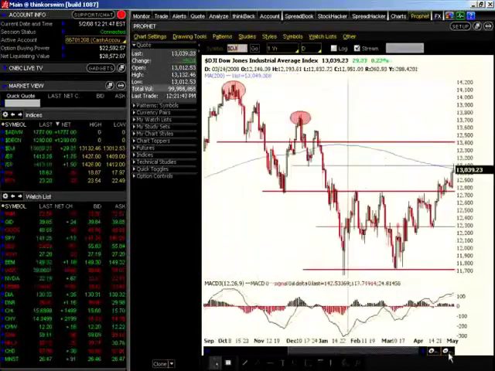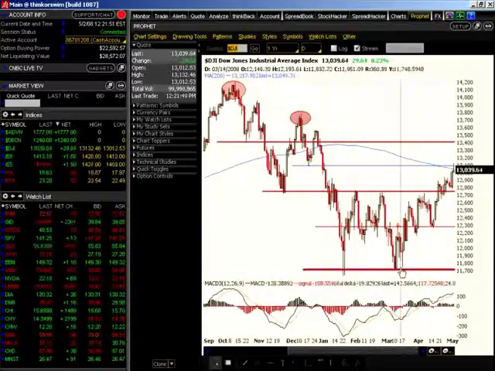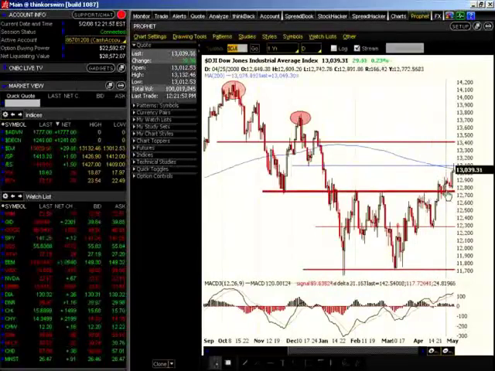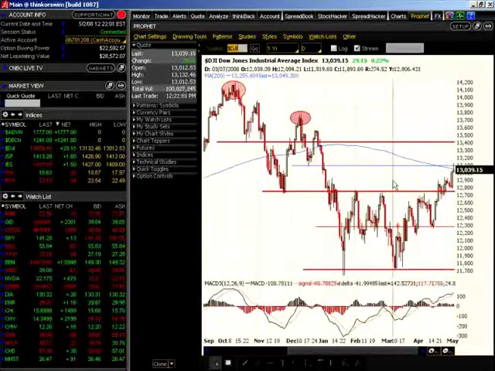Technical analysis is fairly simple. You have support and resistance points. You have support, you have resistance. You have resistance, and you have support. That's pretty much all you need to know as far as technical analysis goes for the type of business that we run. That's pretty much it.